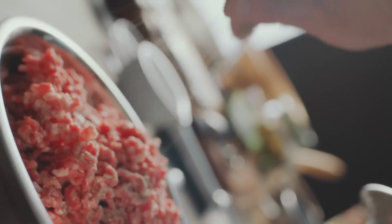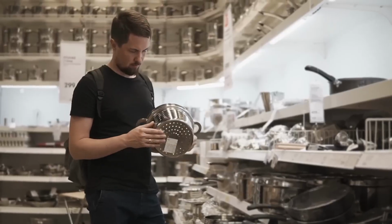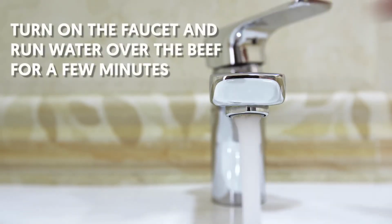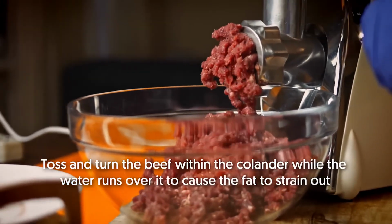For those worried about the saturated fat content, here is a trick to make fatty beef much leaner. Brown the meat and dump it into a colander in the sink. You can eliminate some of the grease in this first step by pouring it out elsewhere. After you have done this, turn on the faucet and run water over the beef for a few minutes. Toss and turn the beef within the colander while the water runs over it to cause the fat to strain